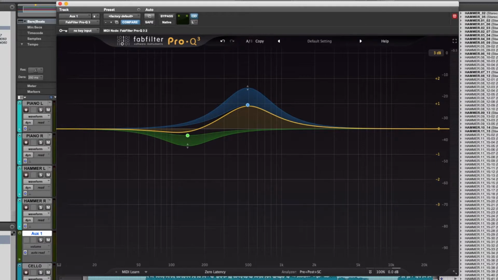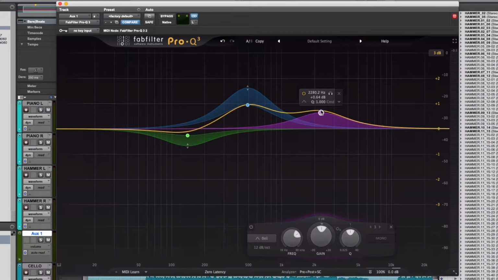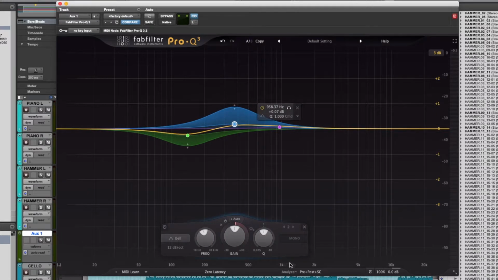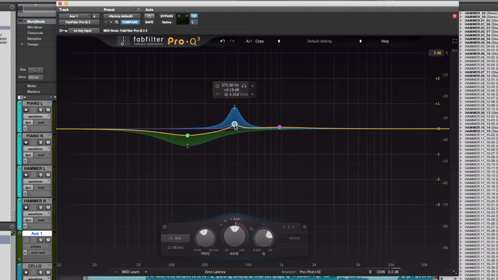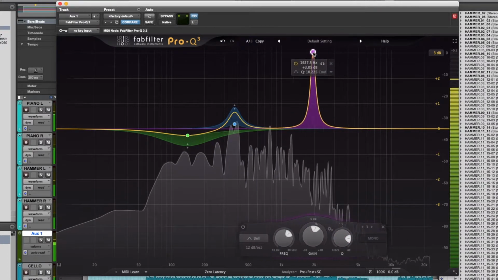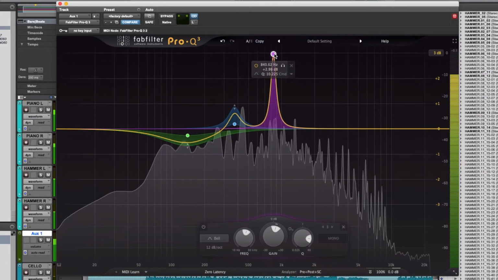Apart from the new dynamic EQ and the analyzer, which we talked about before, there are a ton of other new features on offer as well. For example, one of the coolest new features is the ability to invert gain quickly and easily. Now that comes in handy when you're trying to identify problem frequencies. For example, let's say right here, we're finding a frequency that we don't like that much in our piano. Sure, let's call it right there.